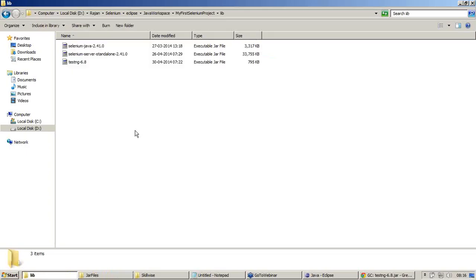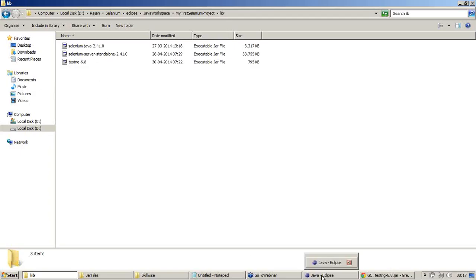This is some way of designing your project, like having all the files inside your project itself. I have just moved the jar files into the lib folder. You can have all the files wherever you have downloaded and you can map it to Eclipse. But what I am advising is having an organized folder structure. It may look a little complex, but once you set up this practice, it will be very easy for us to remember and work on our automation framework. Now the lib folder has been copied with all the 3 files.